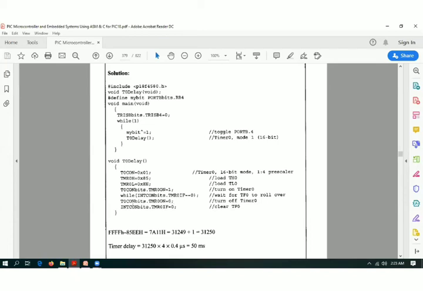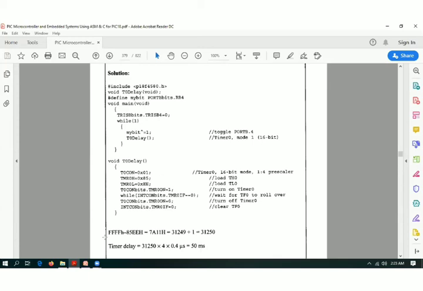Then in the next step, they turn off timer 0, that is, timer 0 bits timer on equal to 0. Next, INTCON bits dot timer 0 IF equal to 0, so this will clear the timer IF flag. This is the way this user defined function will generate a 50 millisecond delay.